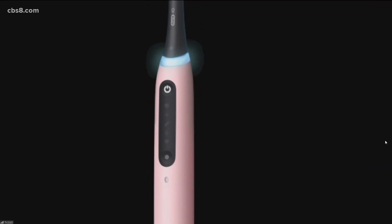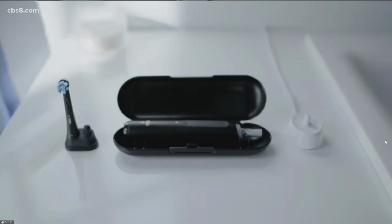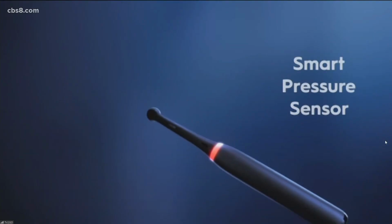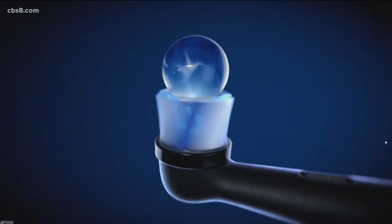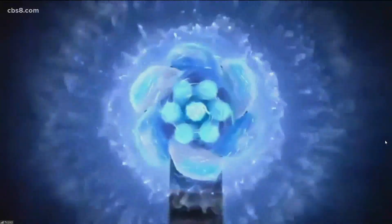Also cool technology when it comes to simple things just like brushing our teeth, right? Yeah, and again, technology that used to cost a lot more is now sort of democratized. This is the Oral-B platform. It uses iO technology, but with the iO4 and iO5, under $100 each this year, it does give you that smart pressure sensor. We're looking at the rainbow celebration light when you brush for 2 minutes. It's got 4 different brush modes, and perhaps the coolest feature is that it'll